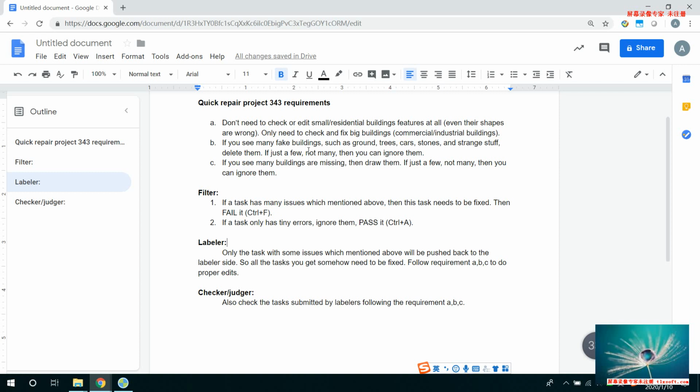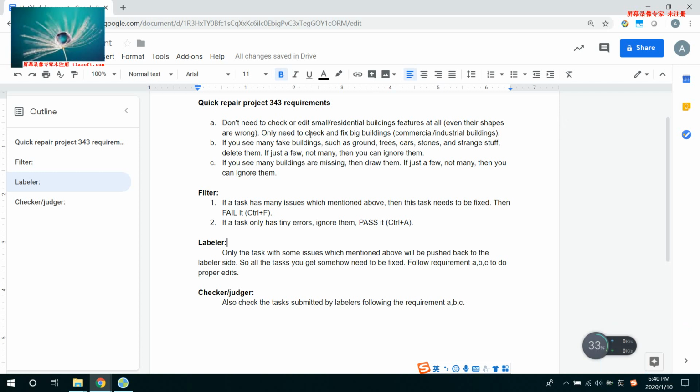So for the requirements of the quick repair project, we don't need to check or edit the small residential buildings at all. Okay, we only need to check the big buildings and make sure the big buildings are drawn correctly. And then the second one is